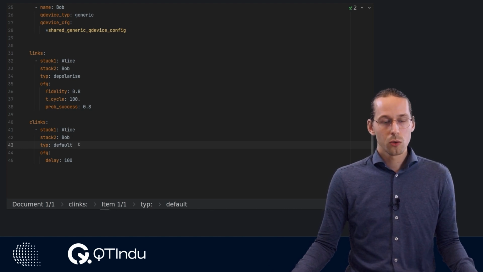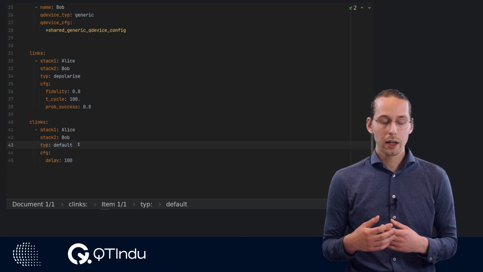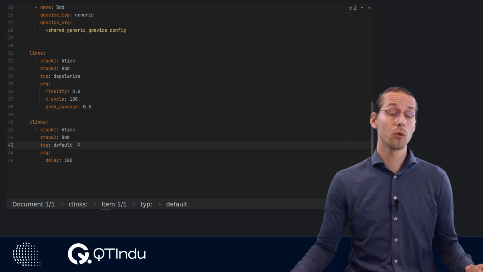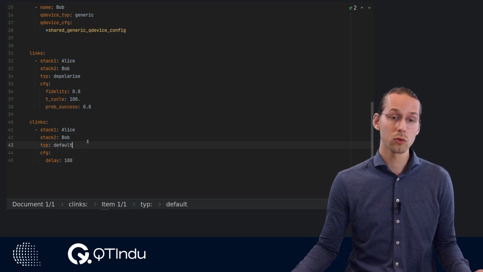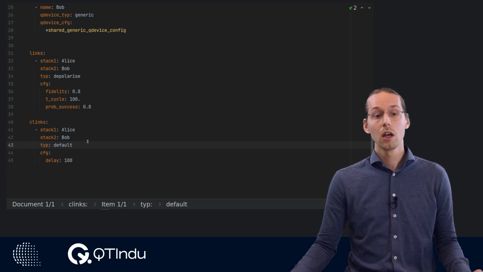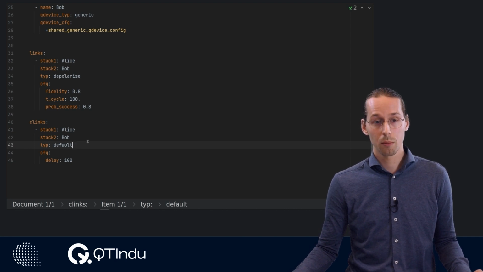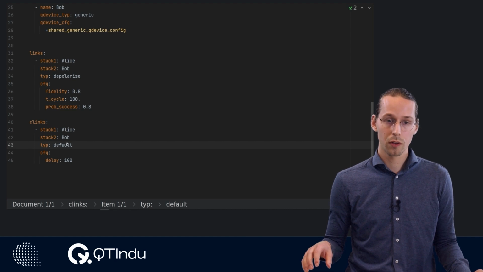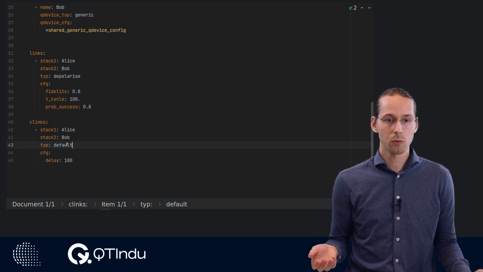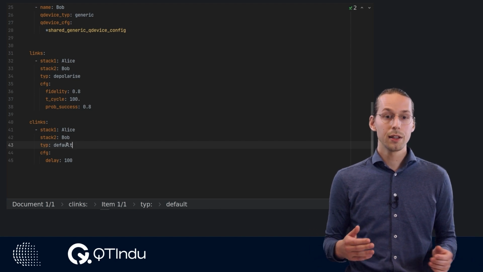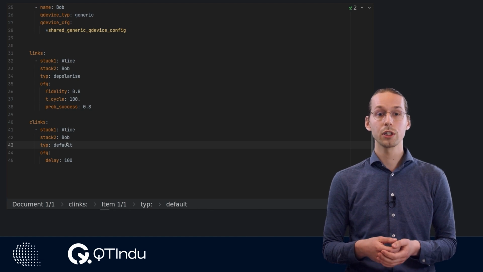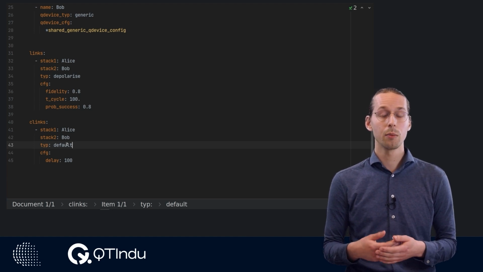Then, in order to create networks that have more than 2 qubits, you would have to add more nodes and more links to connect them however you like. We also have many more models available. You can find these models on the SquidASM Read the Docs page under the API documentation. And then this concludes the network configuration submodule, and I will see you in the next submodule about input and output.